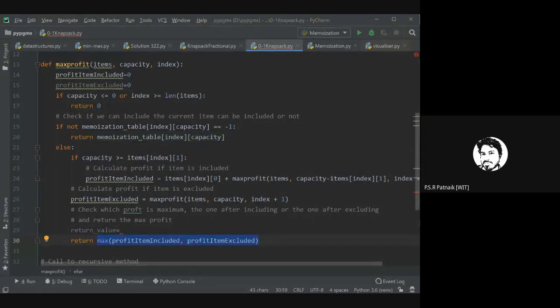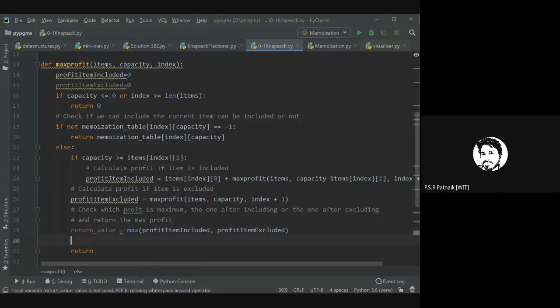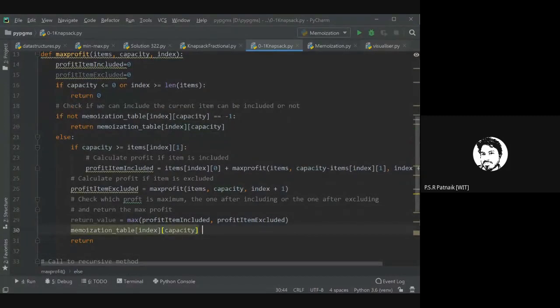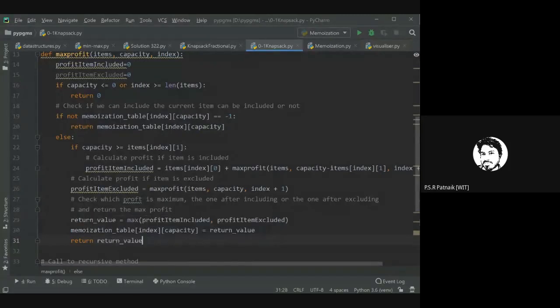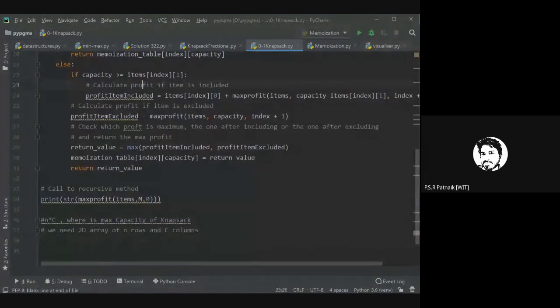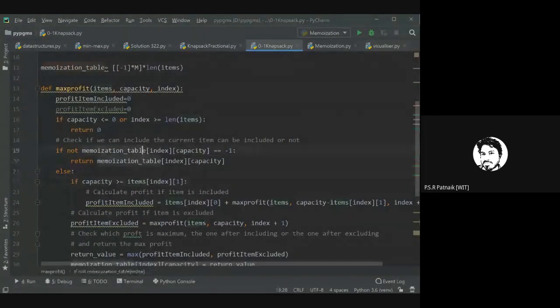Every time I was returning this. And store this return value in this array. What's the array? Memoization table index capacity is equal to return value, and return the return value. So next time if I get a call for the same call again, then instead of calling the recursion stack, I'll be using this stored value.